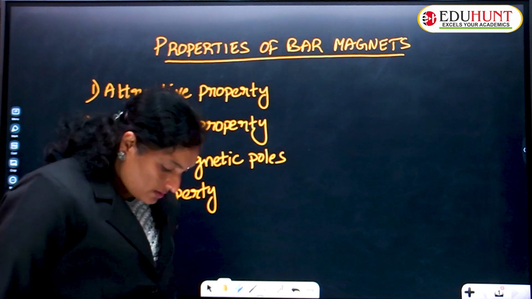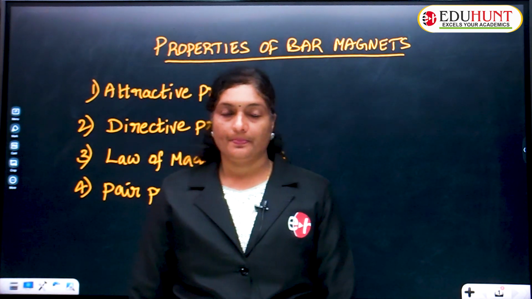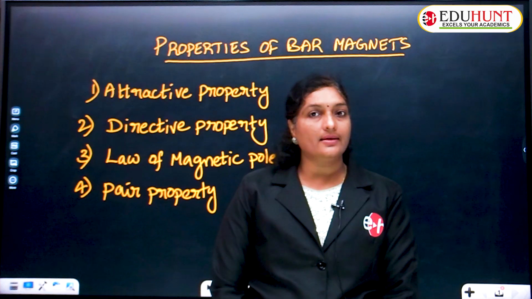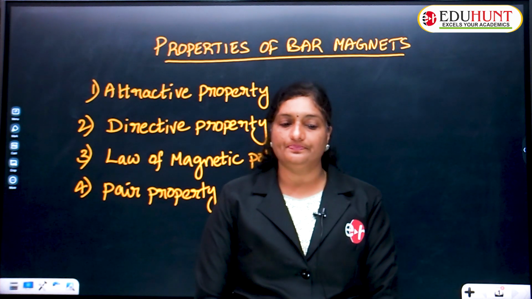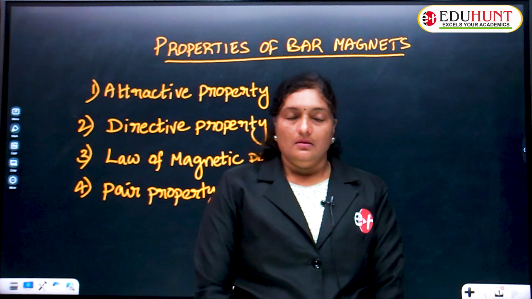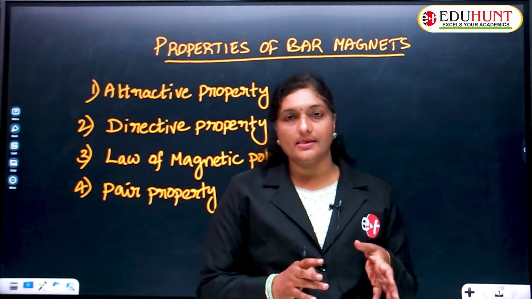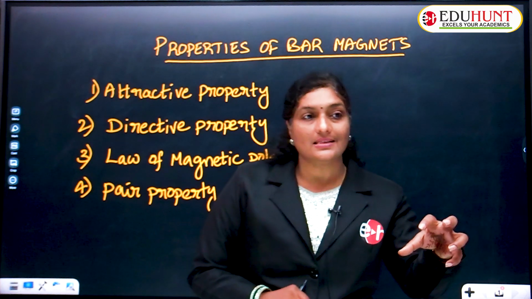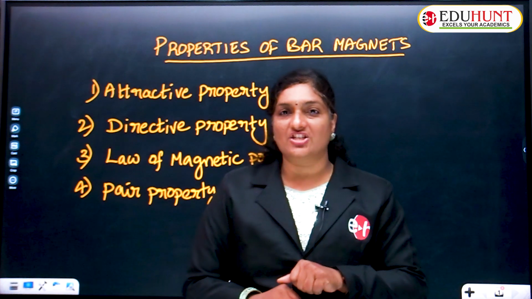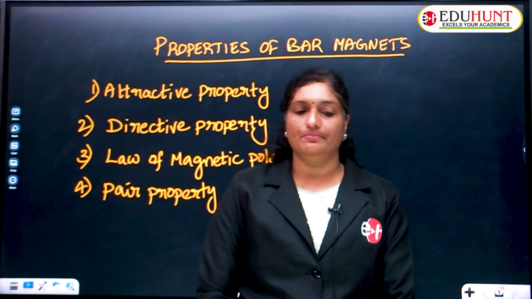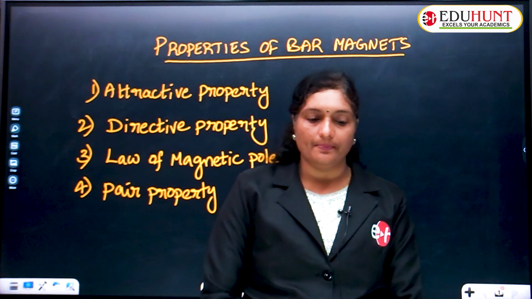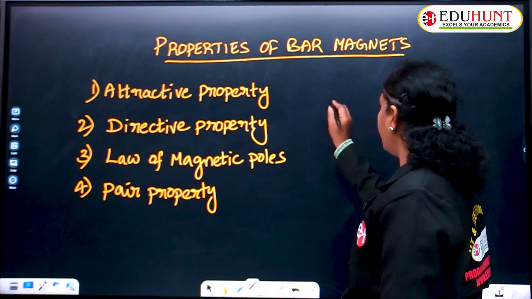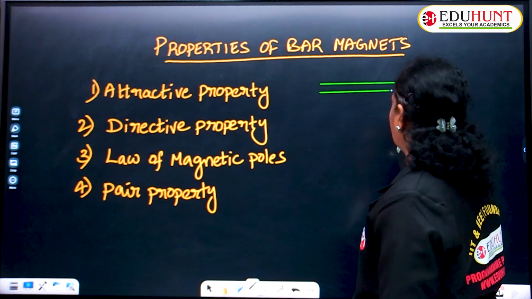Children, if you were given a bar magnet, we know that it attracts magnetic substances like iron, nickel, cobalt, and so on. So, a magnet has a tendency to attract small pieces of iron, and this property of attraction is called your attracting property. The points near the ends of a bar magnet, if you consider,